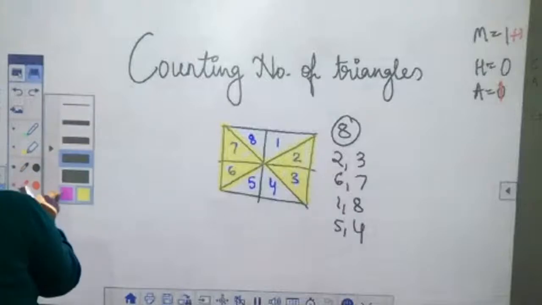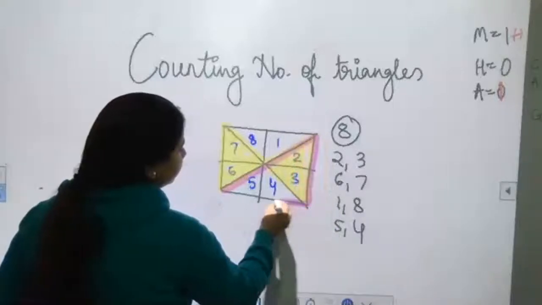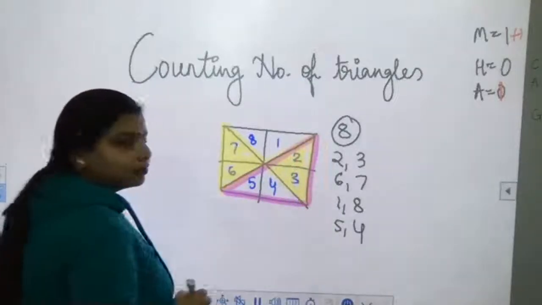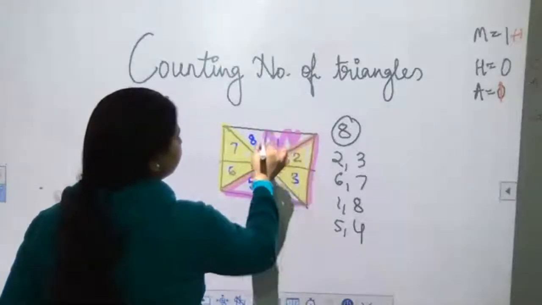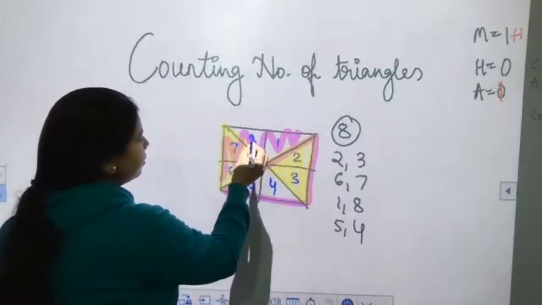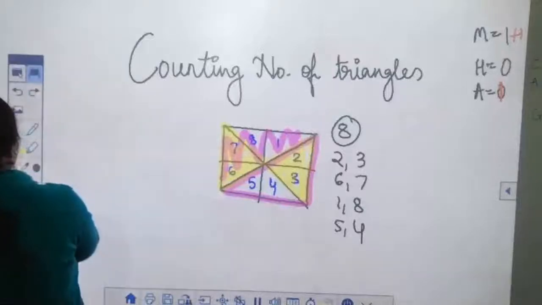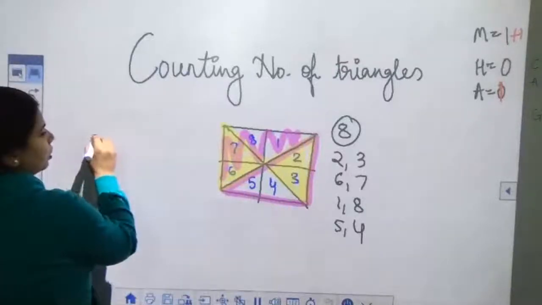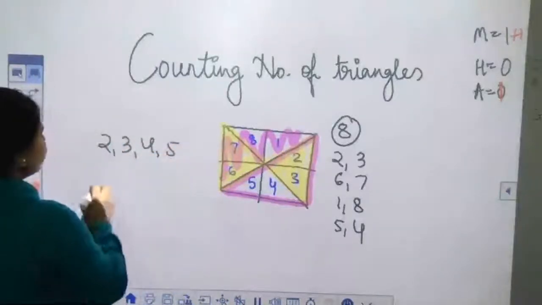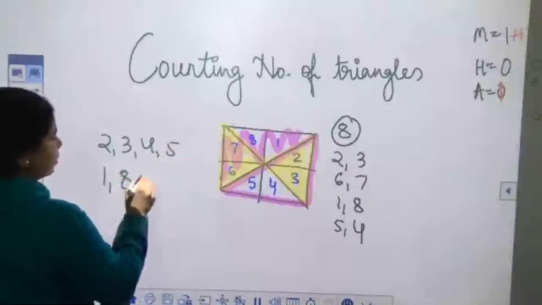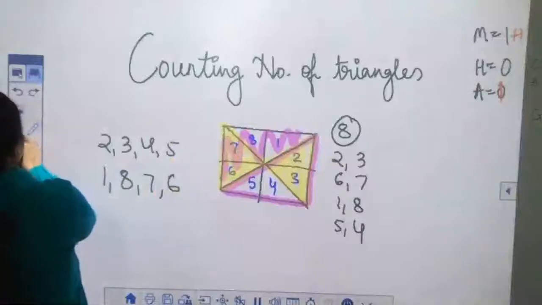नेक्स्ट जो कॉम्बिनेशन हमें दिख रहा है वो, अगर आप इस तरह से देखो, 2, 3, 4, 5 ट्राइंगल बना, इसी का ऑपोजिट आप ले लो। ये भी तो 1, 8, 7 से ट्राइंगल बन रहा है, तो हम लिखेंगे यहां पर 2, 3, 4, 5 एंड दूसरा ट्राइंगल बन रहा है 1, 8, 7, 6।